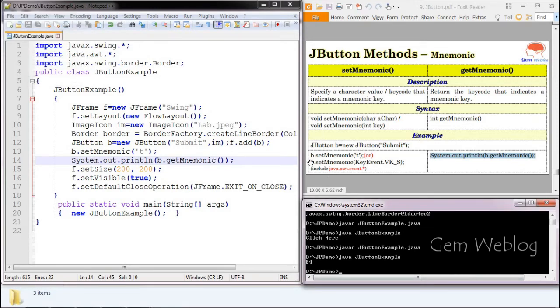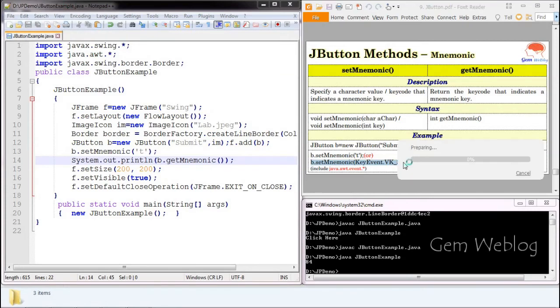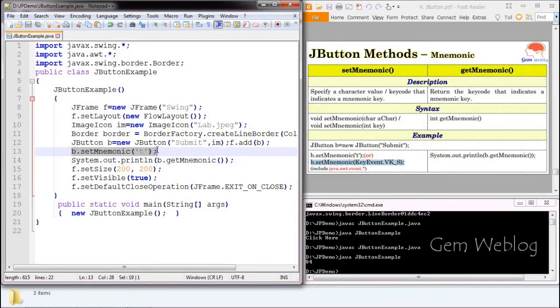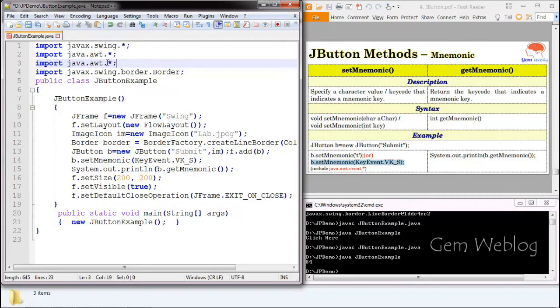The same mnemonic can be set using the key code. For this, KeyEvent has been included. So the Y key has been taken for the mnemonic. If you are going to use this method, you have to include the java.awt.event package, and whatever has been set will be extracted and displayed.